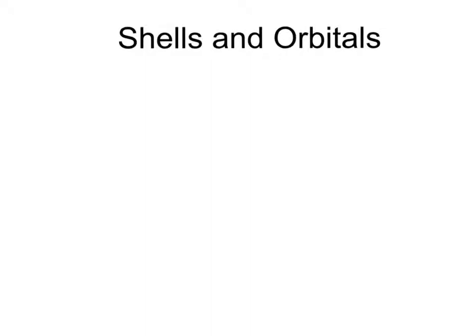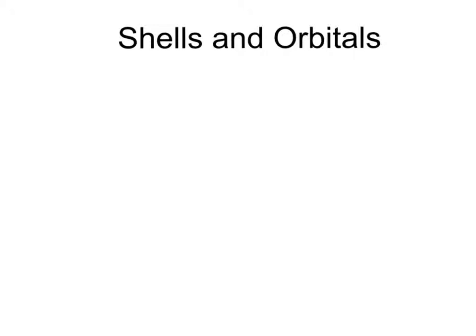This lesson is going to be on shells and orbitals. By the end, hopefully, we'll be able to state the number of electrons that can fill the first 4 shells of an atom, we'll be able to define an orbital, and we'll be able to describe the shapes of s and p orbitals. In a previous video, we discussed how successive ionisation energies provide evidence for the presence of shells